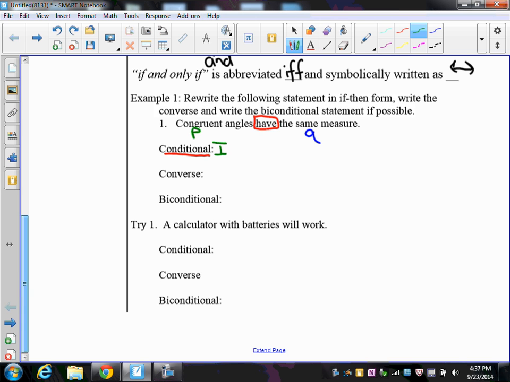So we're going to say if angles are congruent. You have to be careful with the wording. You can't say if congruent angles, that doesn't make sense. Then,